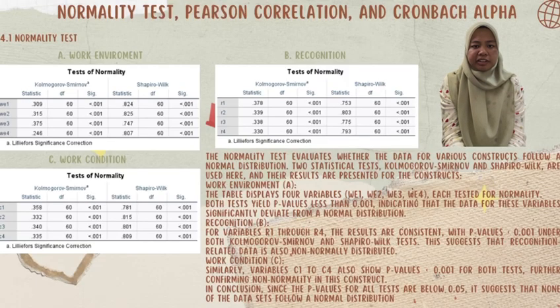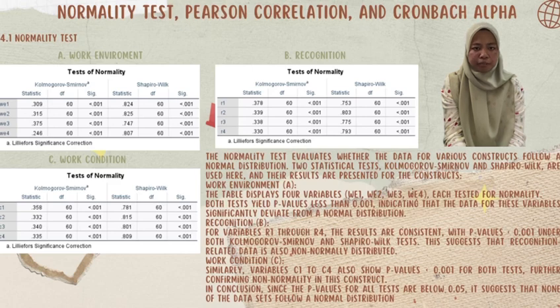The normality test evaluates whether the data for various constructs follow a normal distribution. 2 statistical tests called Kolmogorov-Smirnov and Shapiro-Wilk are used here, and their results are presented for each construct. Work environment: the table displays 4 variables, WE1, WE2, WE3, WE4. Each is tested for normality. Both tests have a p-value less than 0.001, indicating that the data for these variables significantly deviate from